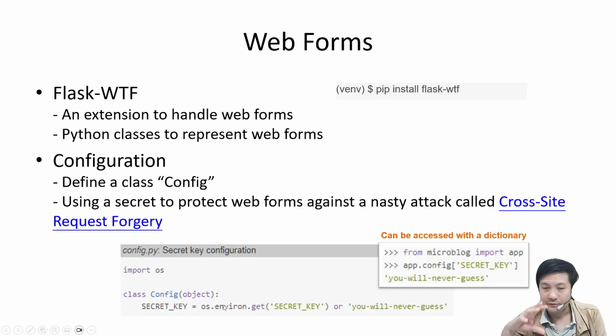Now we will move to another section. It is very common and important when you develop a web application: you must let users input some data. It's quite straightforward, for example searching for something, ordering something, filling in a form, submitting a request. You need to have a form building